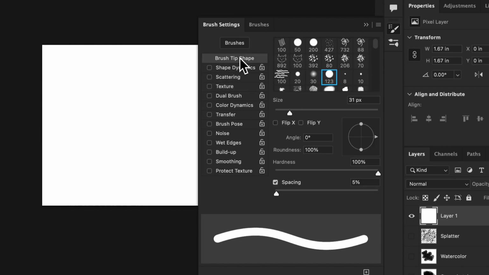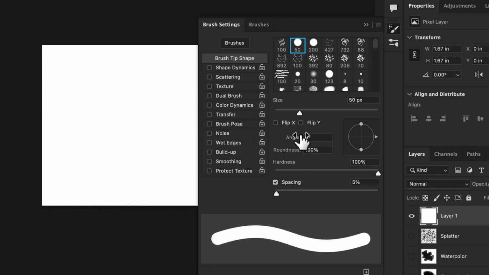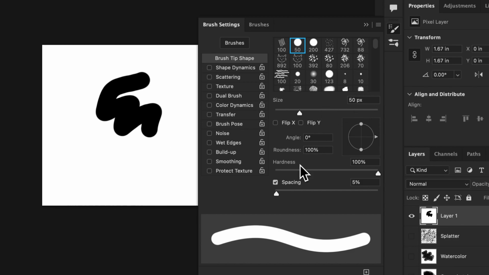So let's examine the settings for the hard round default brush. If we take a look at the brush tip shape, which is the default panel here, you will see that our default hard round brush is a size of 50, an angle of 0, and a roundness of 100, a hardness of 100 with a spacing of 5.